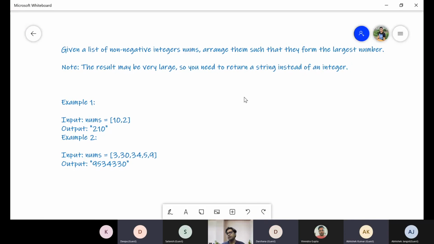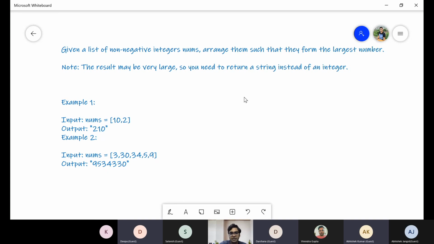Okay, cool. So today we will be covering the first question, which is forming the largest number from an array. Suppose there are two examples currently. The first one takes two integers and we try to form the largest number. If we combine these two numbers, what will be the largest number formed?